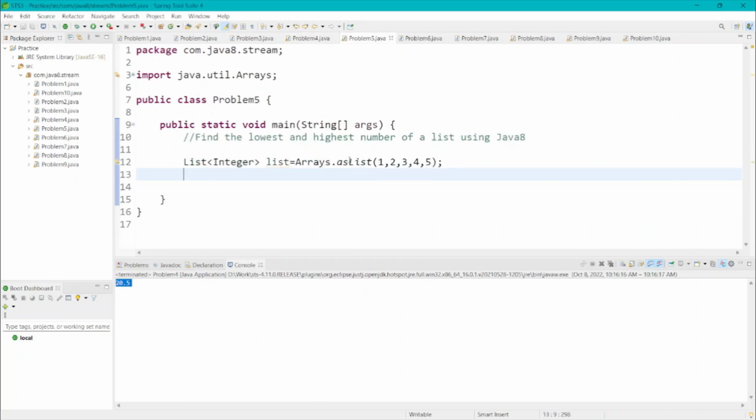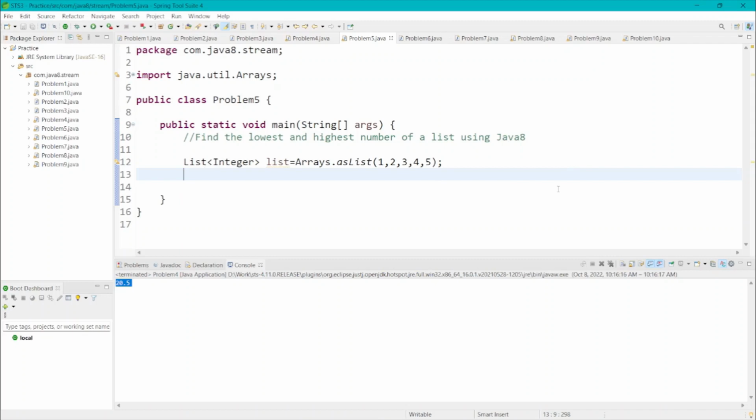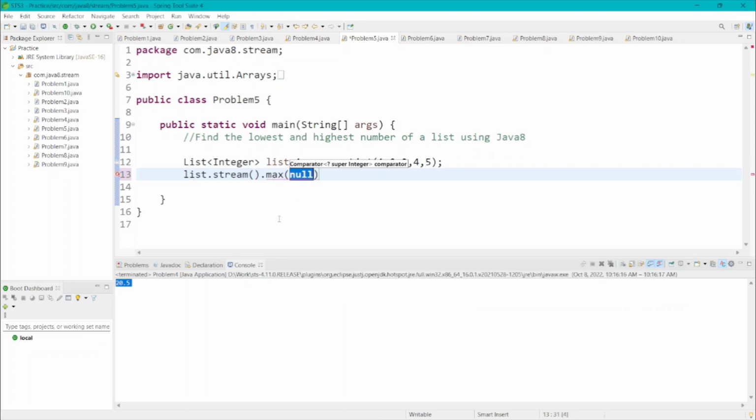The next problem is to find the lowest and highest number of a group using Java 8. Here we will be using a few comparison techniques, and we'll be using the max and min methods that we have already discussed in our previous videos. First step, obtain the stream out of it. Then for the maximum number, you can see it accepts a comparator. So let's give it a